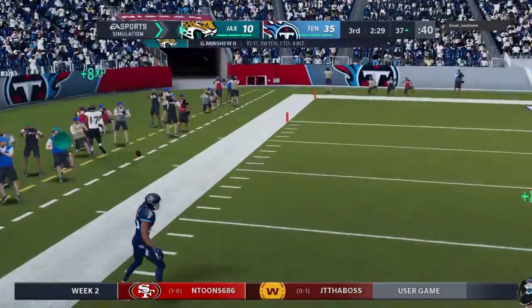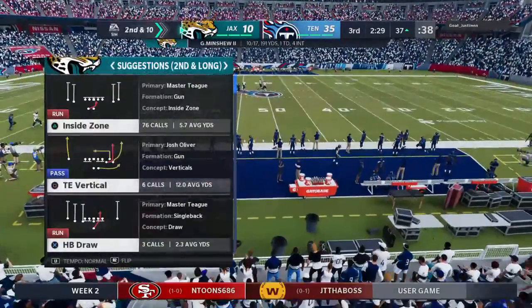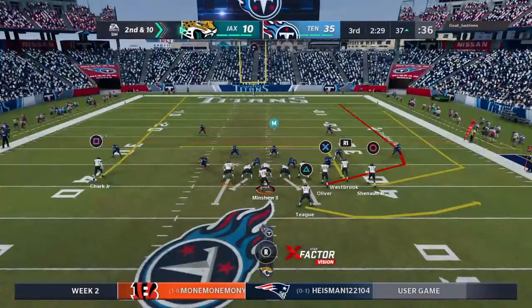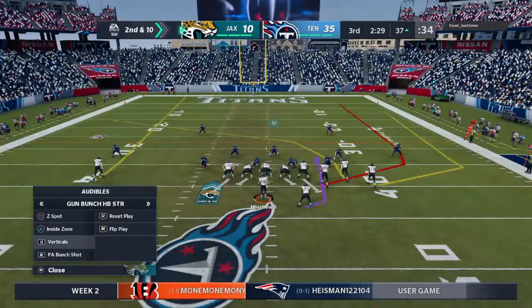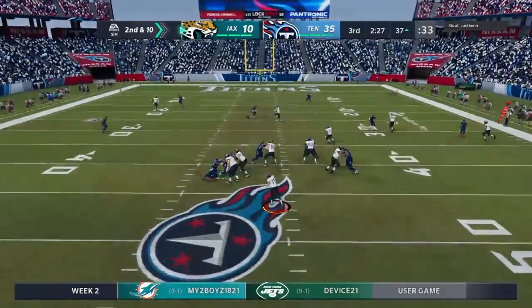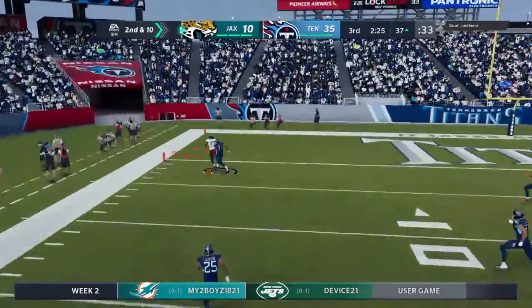And nearly another interception. They've been around the ball all game. Incomplete. Well, coming into this one, we expected that this offense would have trouble with this defense, and that's exactly the way that this game has gone. Pressure in his face. Coverage downfield has been...